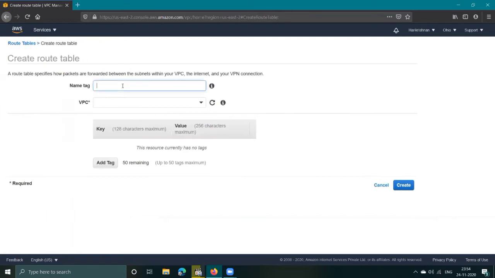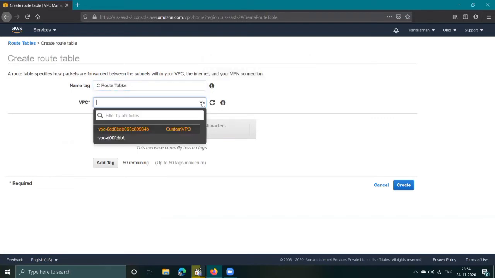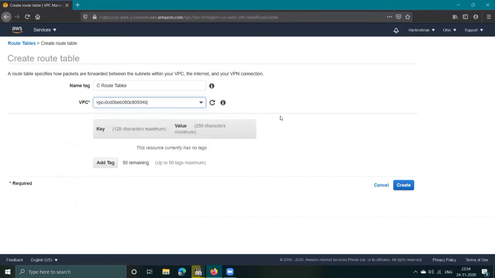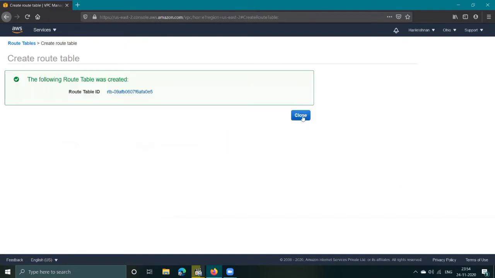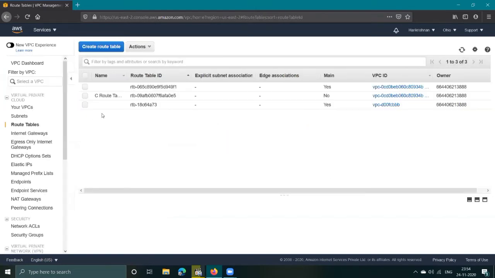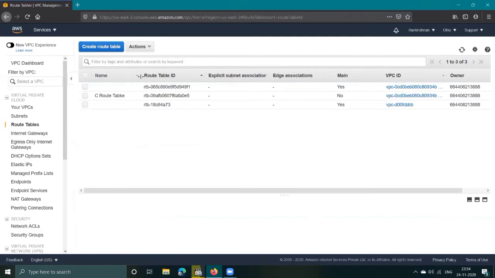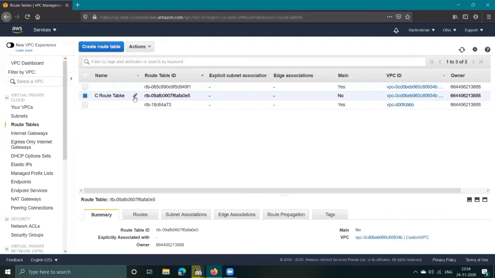Go to route tables now. Create route table. Name it C route table. Select the custom VPC which we are going to associate with it. Create route table. Close it. Now you can see the created route table over here.